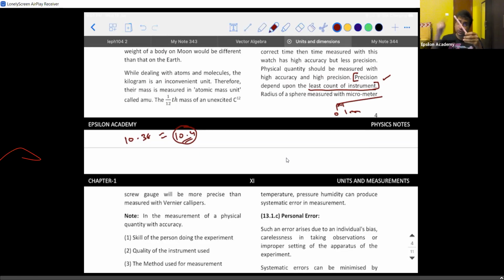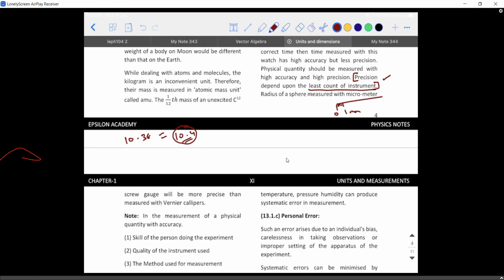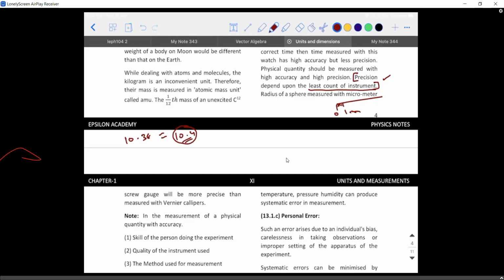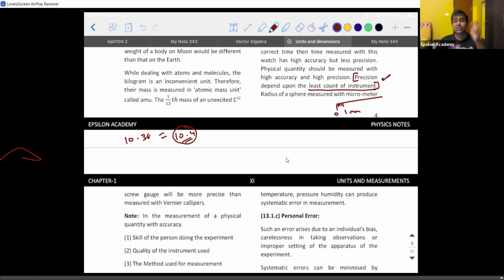Assume between those 10 again there are 10. It is difficult to design, and that's a different story because you can't see it with the naked eye. But if something like this happens, then you can say the device is going to be more precise. That is why precision is a parameter which depends mainly on the least count of the instrument. This can be a 1 mark question, right? I have to talk from an exam point of view. But speaking more practically, if you need a precise answer, you need a perfect device.